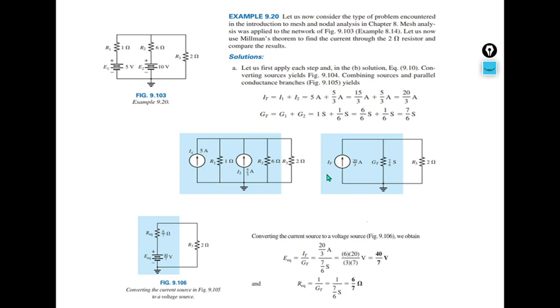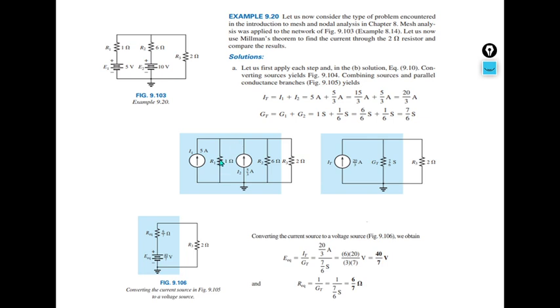So we can add the current sources. Here it is easy, we can add all the current sources. So what are the current sources? 5 ampere and 5 plus 3, so we can get 20 by 3 ampere, and this is replaced by this equivalent. We are just doing nodal analysis.